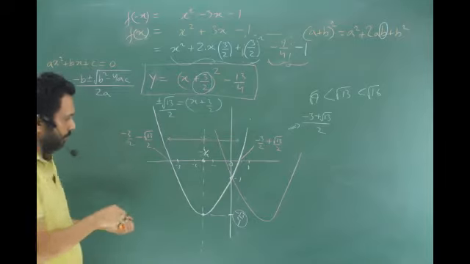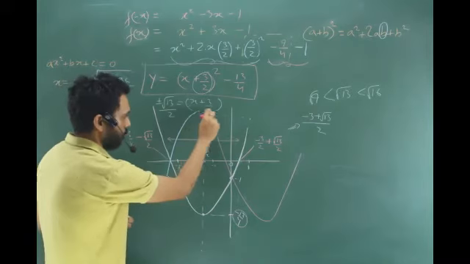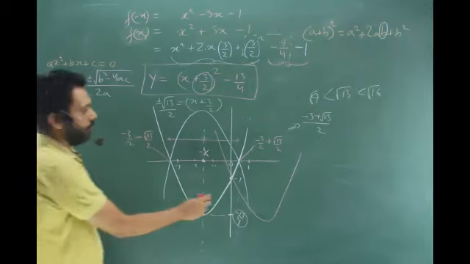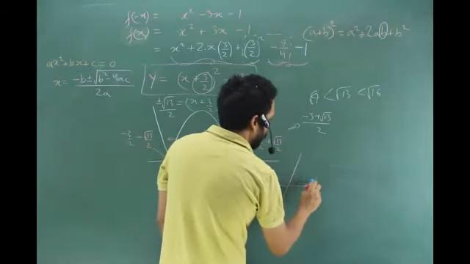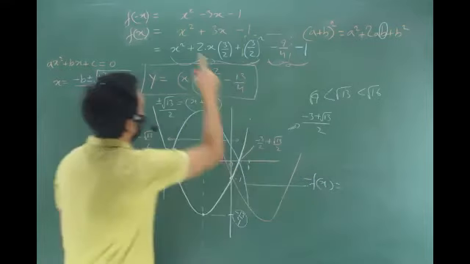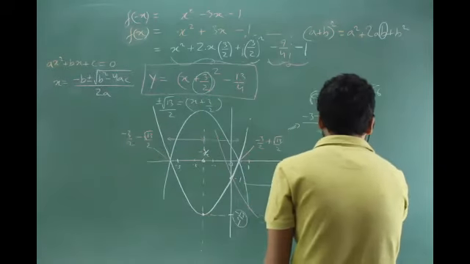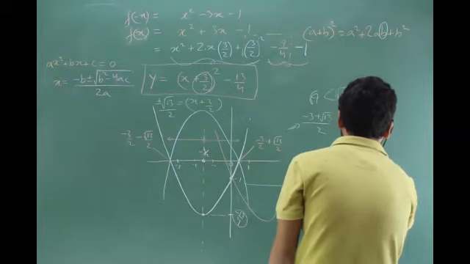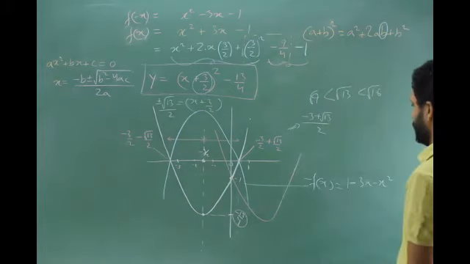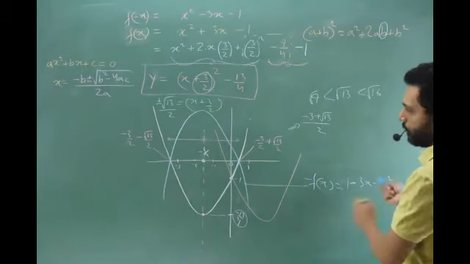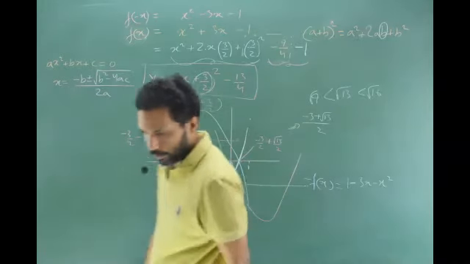In the same spirit, just tell me, what would this be? What will be the blue graph? It's minus of f of x. It is a minus of f of x, absolutely right. So what would I have written? Minus x square minus 3x plus 1. In a very weird way, I would have written it like this: 1 minus 3x minus x square. It's a minus of f of x, right? And then you do the whole square thing and this and that, and ultimately it will come to this only. Get the point? Yes, sir.